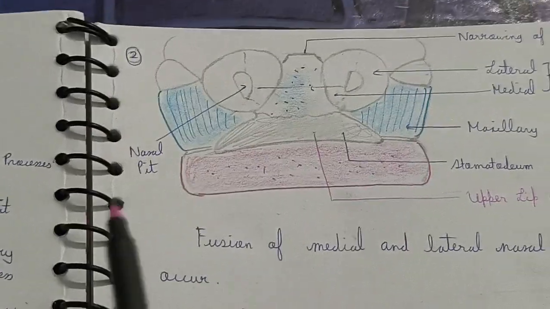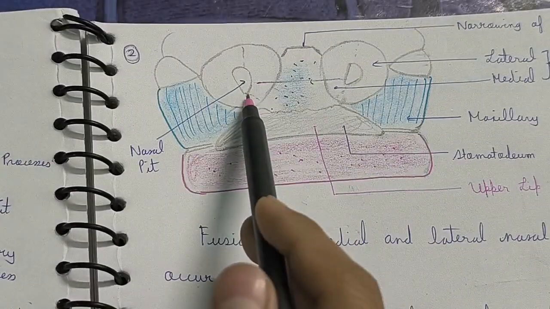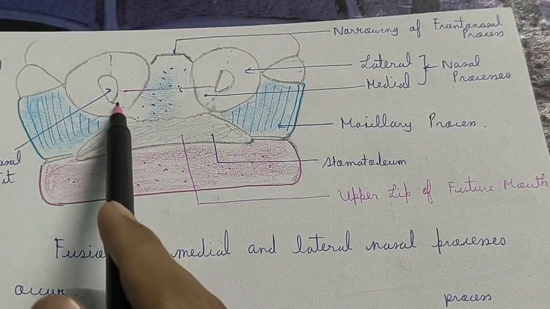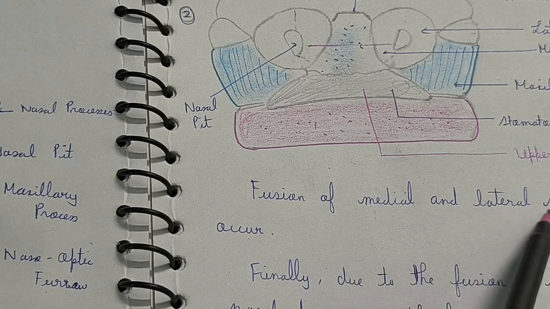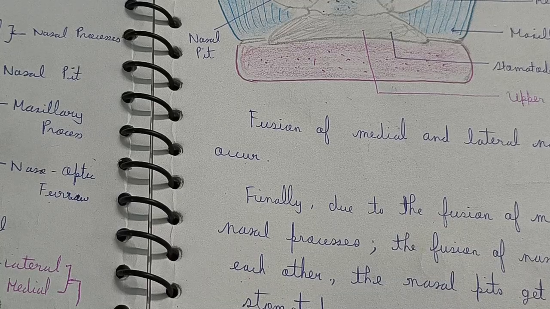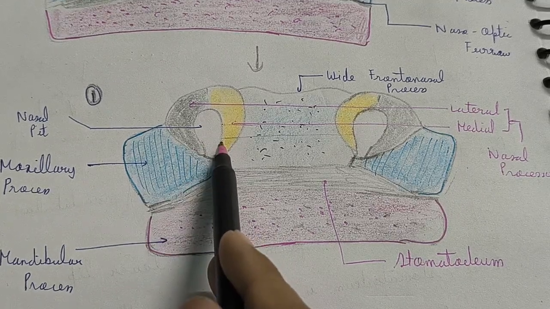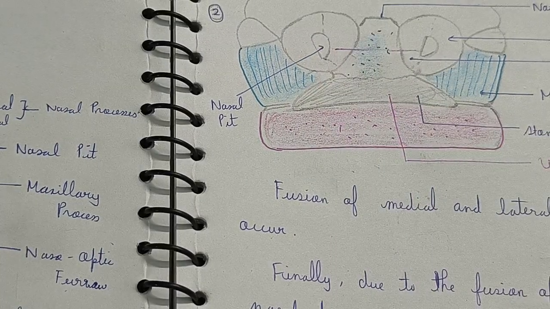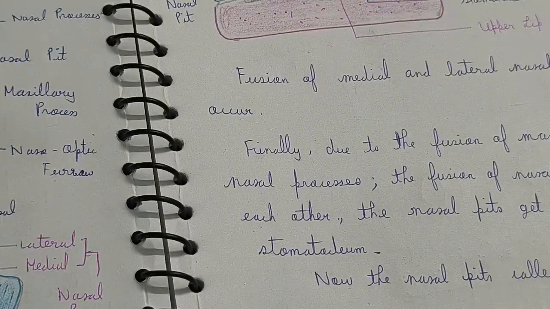But after the fusion of the maxillary process with the nasal processes, the connection of this nasal pit with the stomatodium is absent. This is the main reason. So I wrote that fusion of the medial and lateral nasal processes also occurs. Finally, the maxillary process fuses with these two lateral and medial nasal processes, and these two nasal processes undergo fusion, and due to all this fusion, the nasal pits get separated